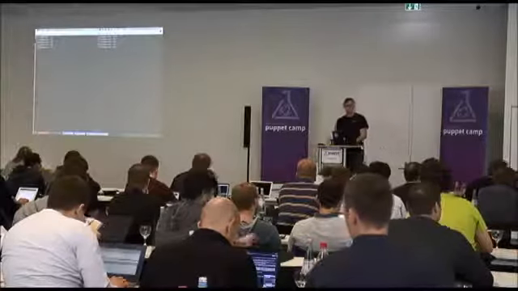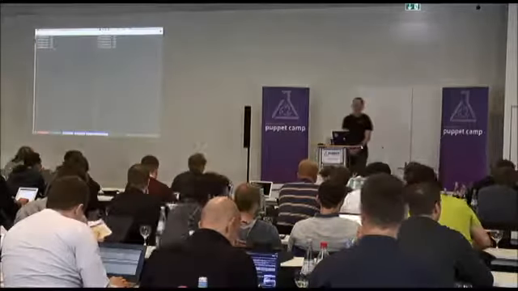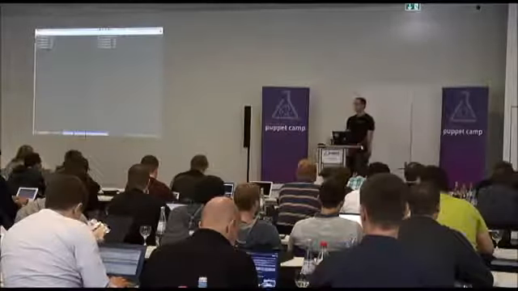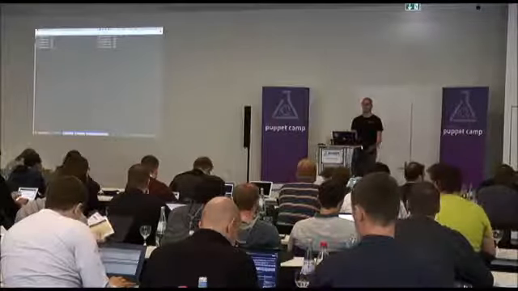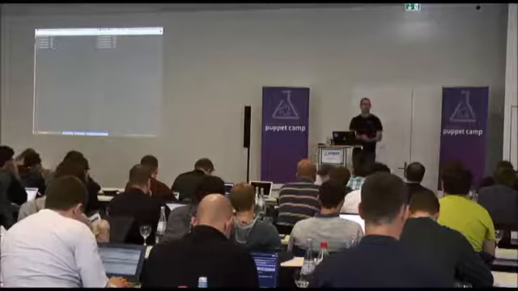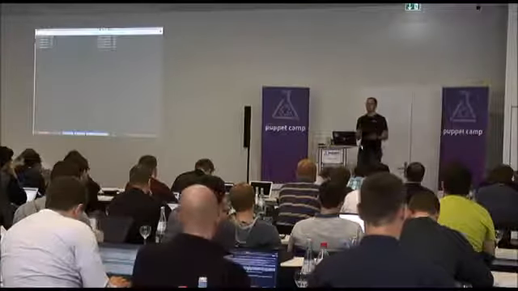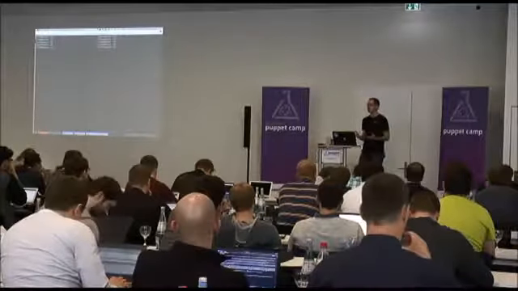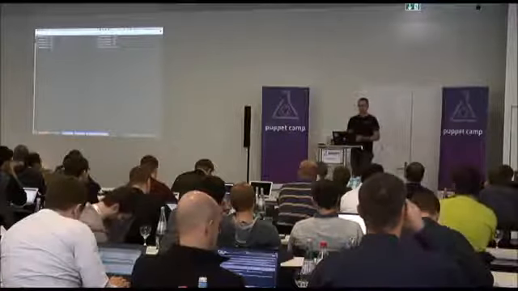So starting at the start, when I explain how Puppet works to people, I usually talk about there being three ways that people talk about Puppet. There's Puppet the company that I work for, there's Puppet the command that you can run, and there's obviously the DSL as well. So Puppet the command is really,